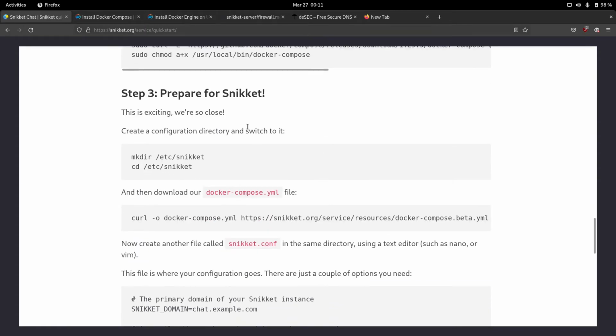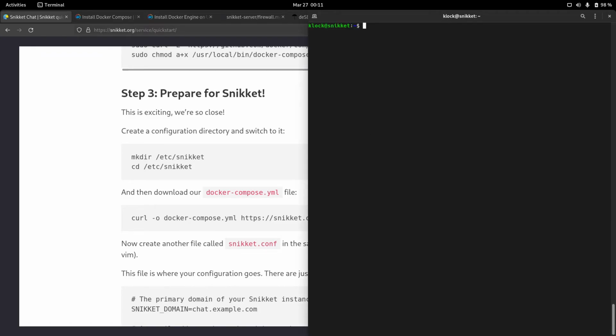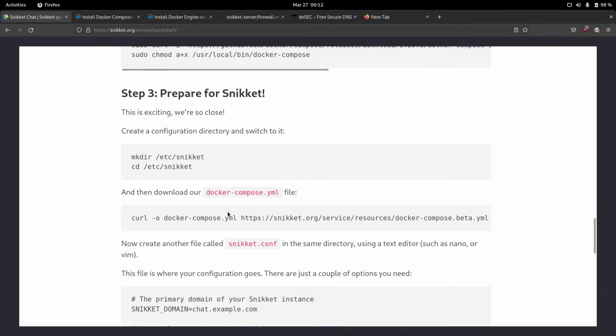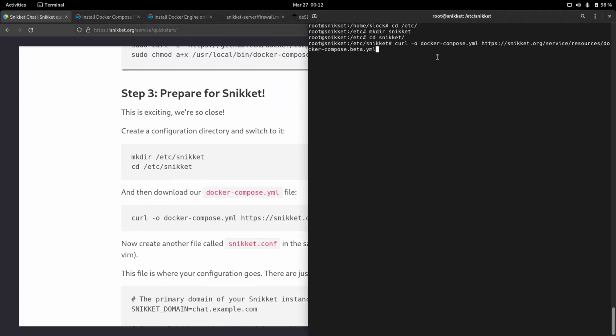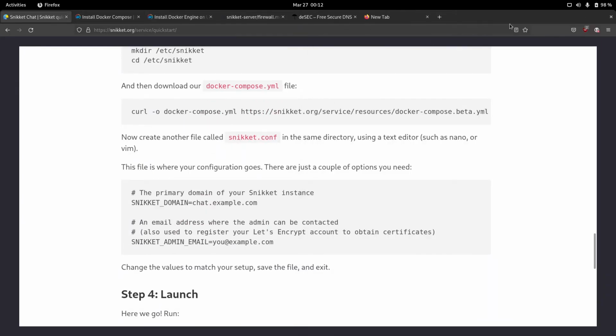And next, we can just prepare for Snikket. So first things first, we need to make a directory. Now this will be everything with sudo, so I'll just do sudo su, and we'll just do cd /etc, and we'll do mkdir snikket. We'll cd into it. And next we need to download our docker-compose.yaml. So we can just copy this, paste this here, and once that's done,